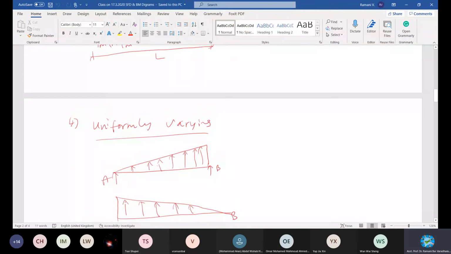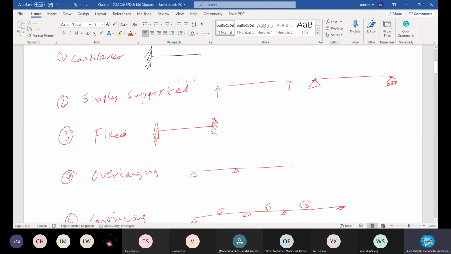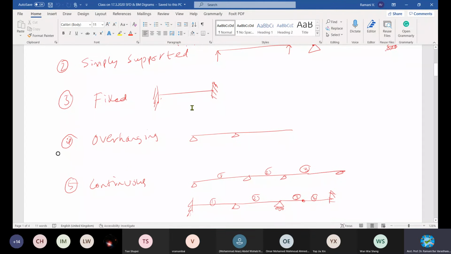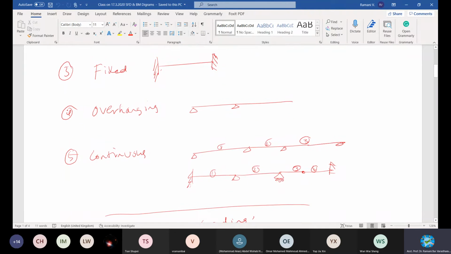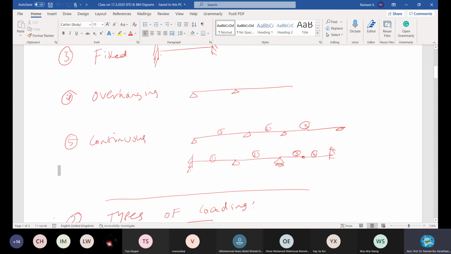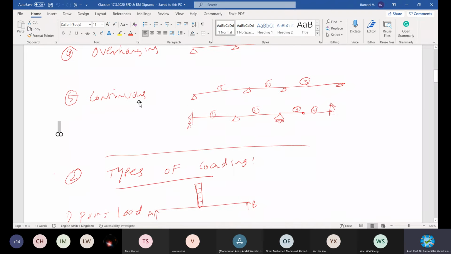Can you all see the overall types of beams and so on? So we can call this a cantilever beam or a simply supported beam. These are the free body diagrams given here. Fixed means supported at both ends. Overhanging means it may be a pin or just a roller, and then some portion is left free. Continuous, this is the most common one which civil engineers have to live with. They will be working on continuous beams, because if you take a frame, it will have a continuous beam like this. I'll also show a nice diagram which has the distribution of all these shear force and bending moments. So it may be a pin, and then another pin or roller.